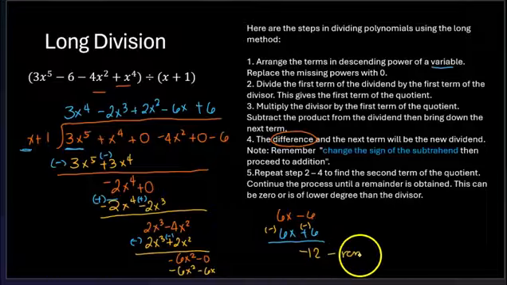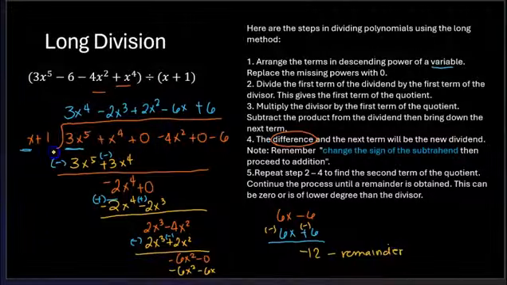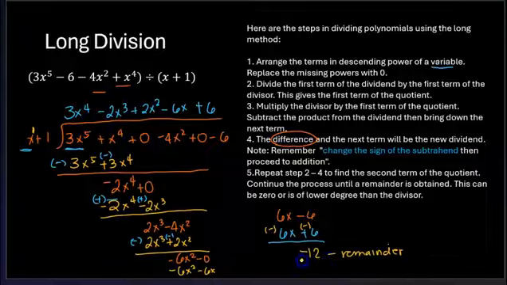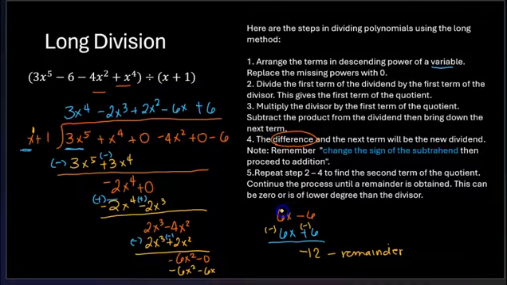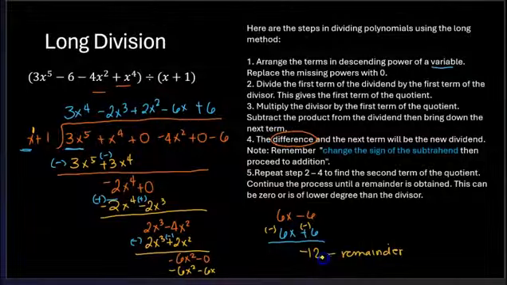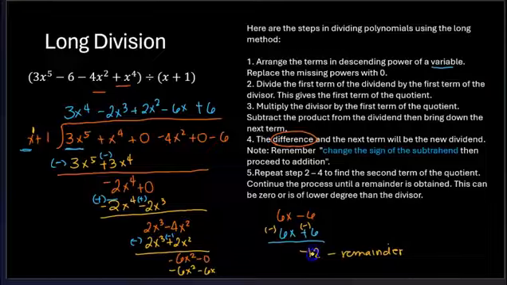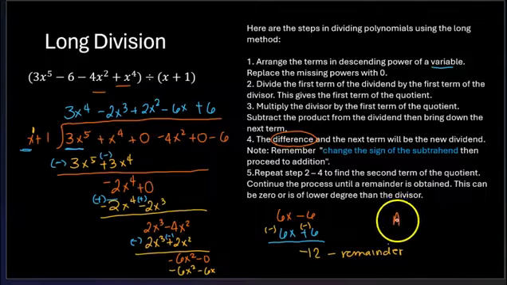Okay, so how do I know that this is the remainder? Look at the highest exponent here. That's 1. So if the number here has a degree lower than that, then it's the remainder. So that's why earlier, since I have 6x, I know that that's not the remainder because it's still raised to 1. You cannot have an equal exponent. So when the remaining value here has a lower exponent, so that's just a constant compared to this one, then that will be a remainder. Okay, so let's write the answer properly.